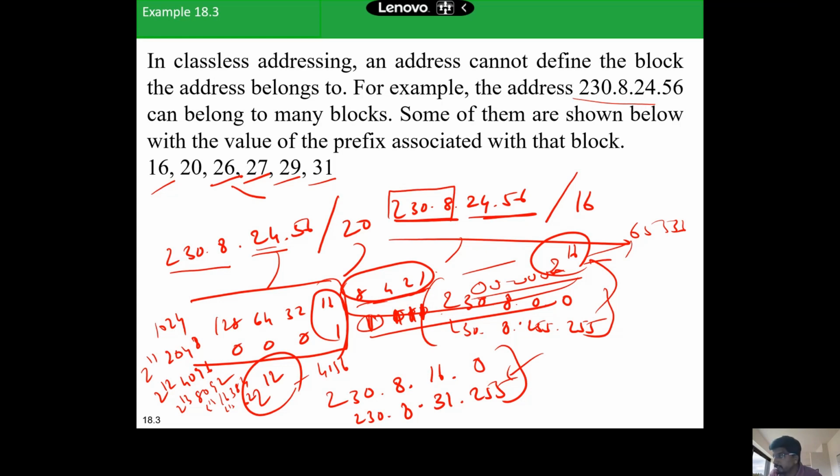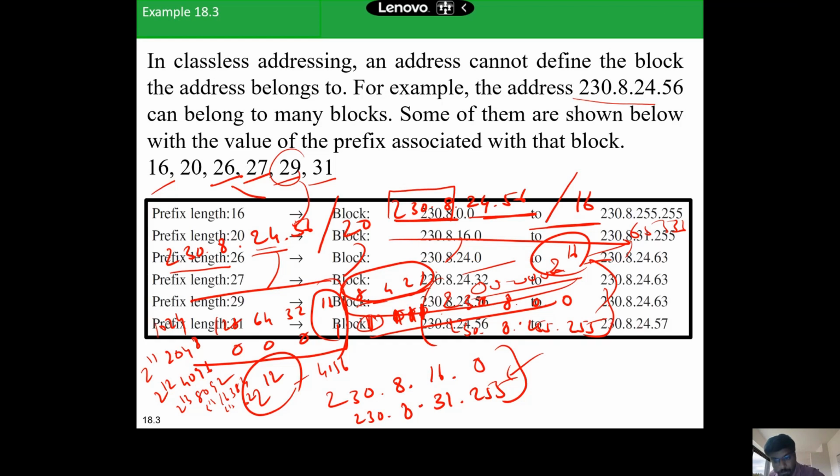And effectively with 2 addresses, you can't assign to the hosts because you know the rule. The first address is for identifying the network address. The last address is generally not assigned because it's a local broadcast. So depending upon the prefix value that you associate, the block size varies, right? The number of addresses in that block varies. Ideally, your network address changes. So it's very important to understand that you have to associate with the prefix length, right? Every router or every routing table needs to have the prefix value also maintained.